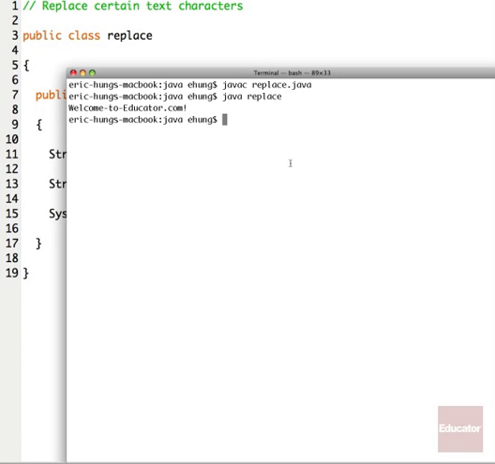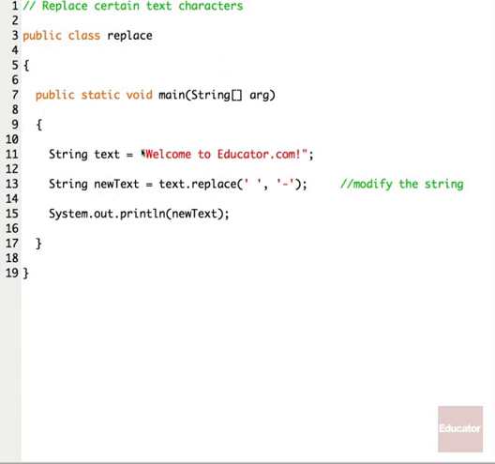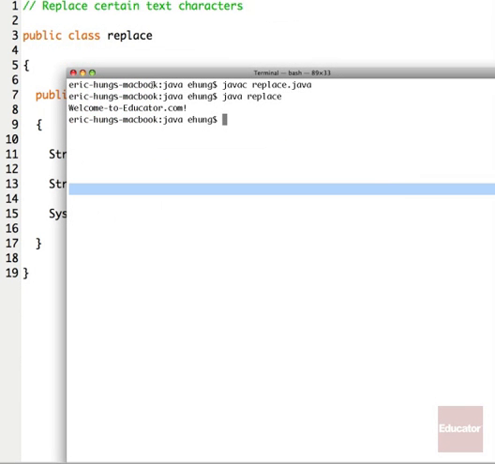All right, notice what's happened. In the string itself, remember, we did not enter dashes. When we see the output of this program, we see that the dashes have been added. So what the method has done is it has replaced those spaces with the dashes, and it changes the output.